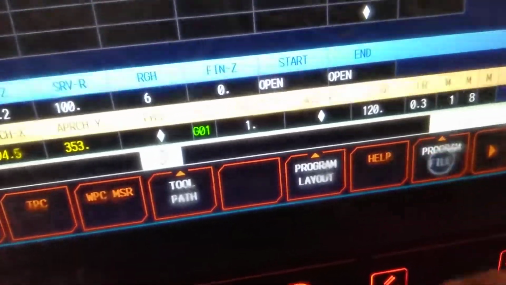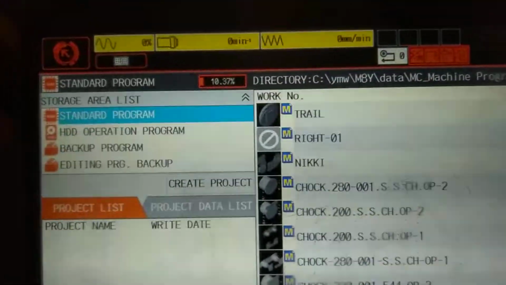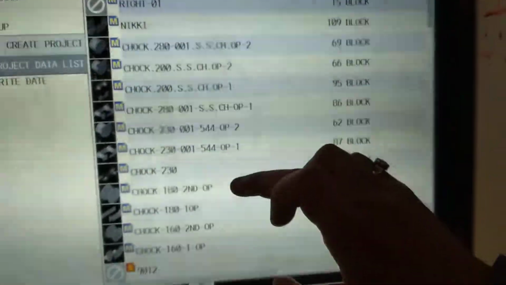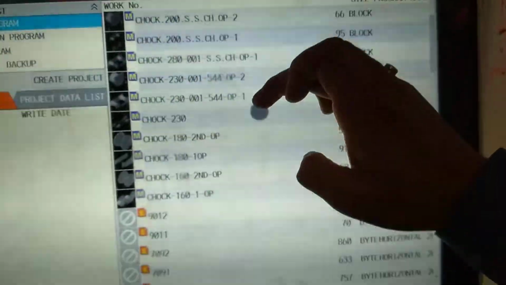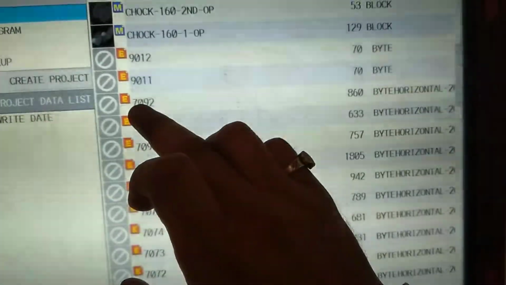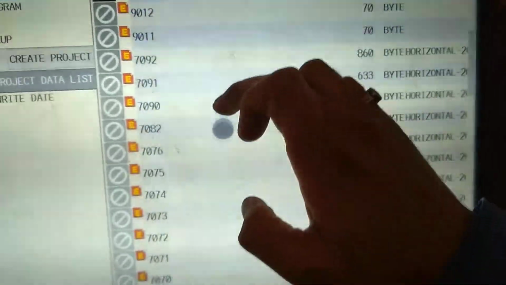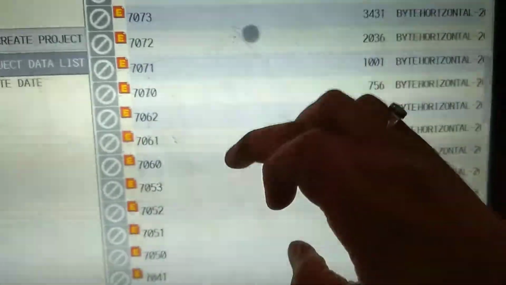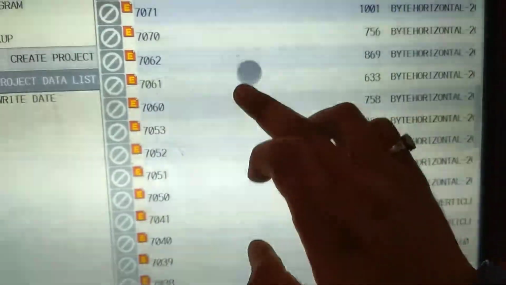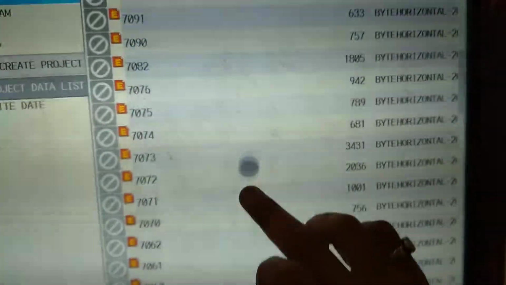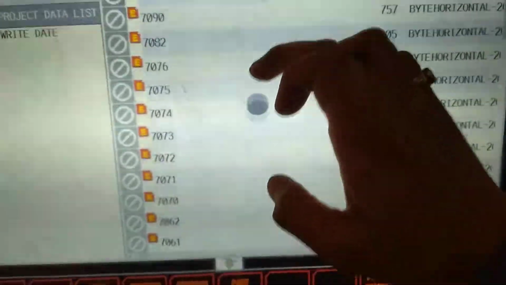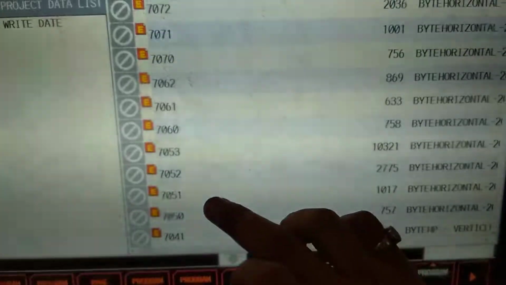these program files you will get here, standard programs. You can scroll it up, as it is a touch screen. You will get 7092 and so on here. From here 7050, 5152 and so on you will get here. Now if we have to run, select it,